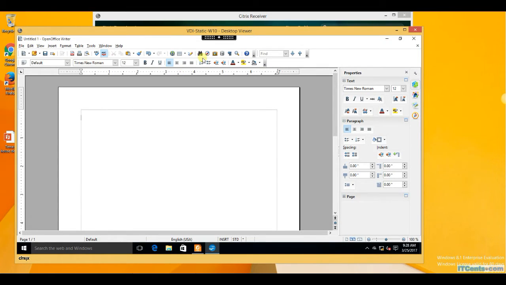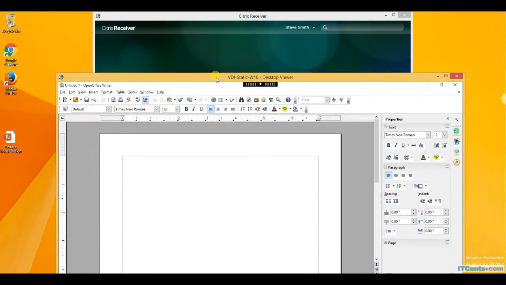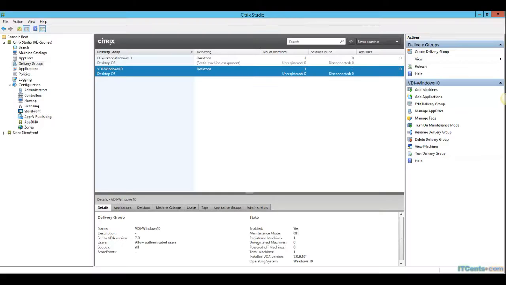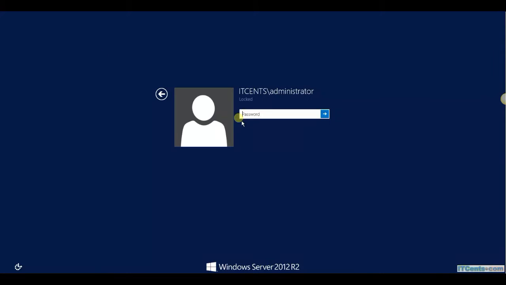Okay, this is another test of Appstacks, or app volumes, you can say. This time, Stephen Smith is logging into a virtual desktop, which is a kind of static. Means, for example, if I can just show you real quick,